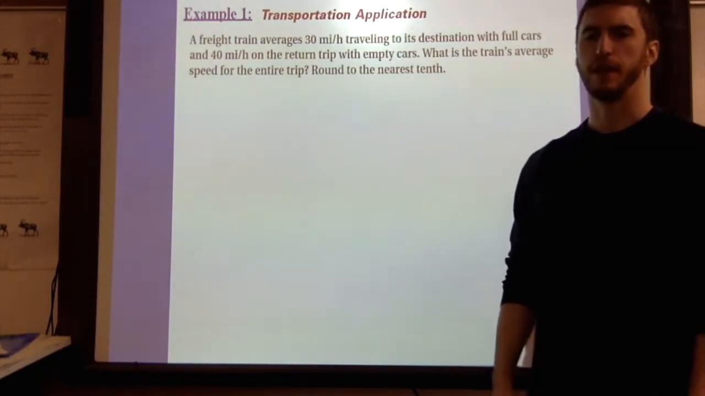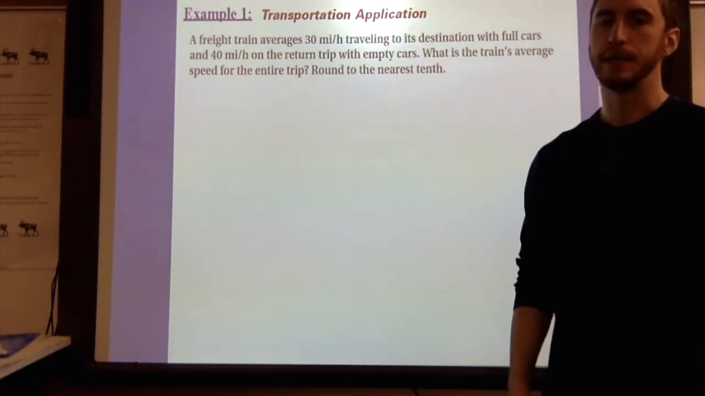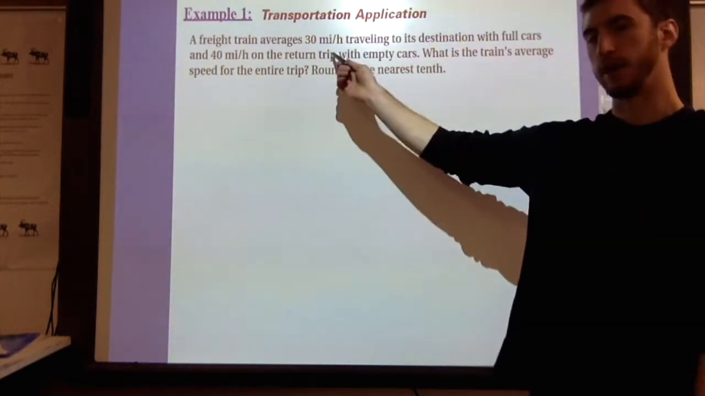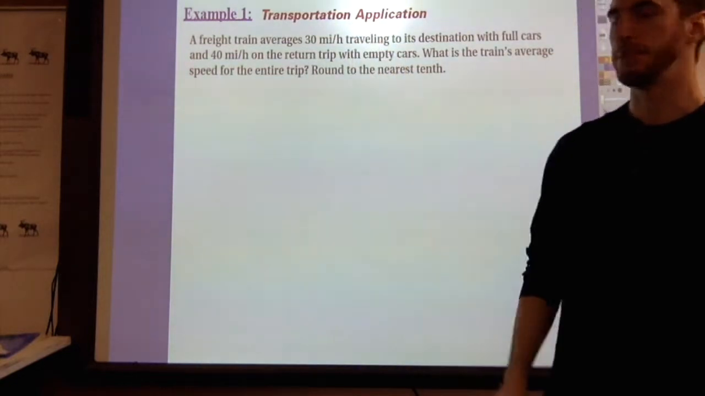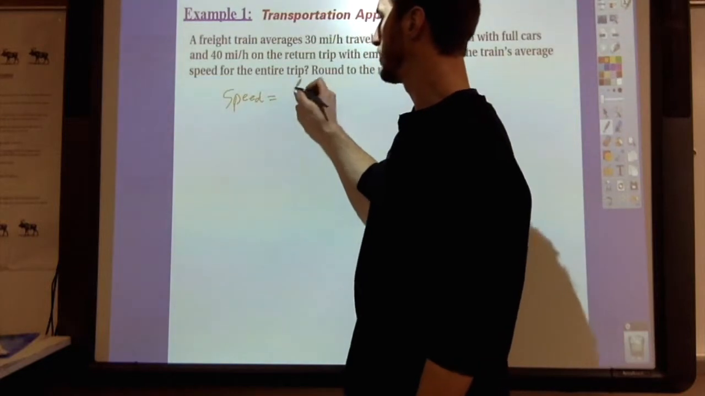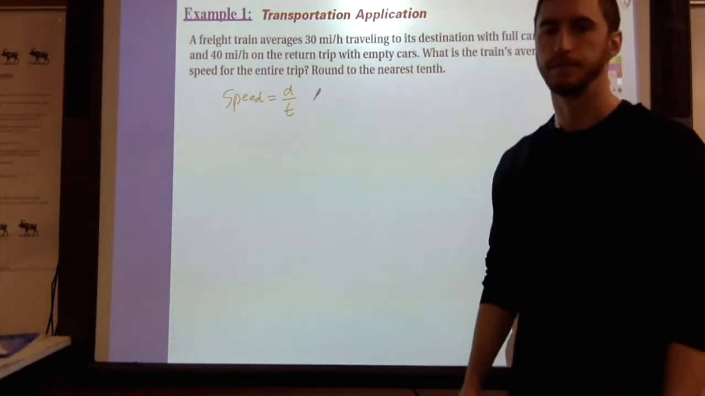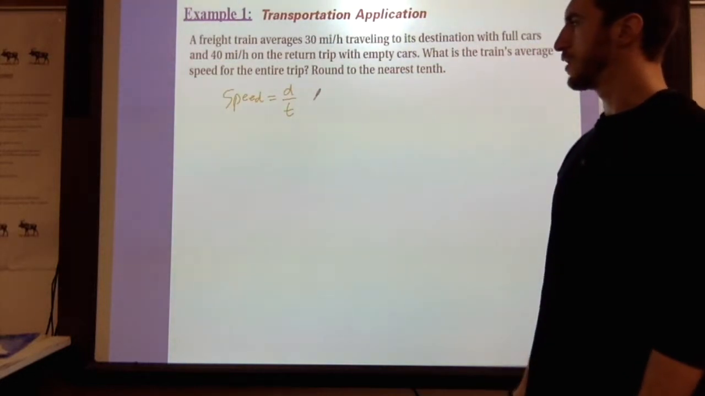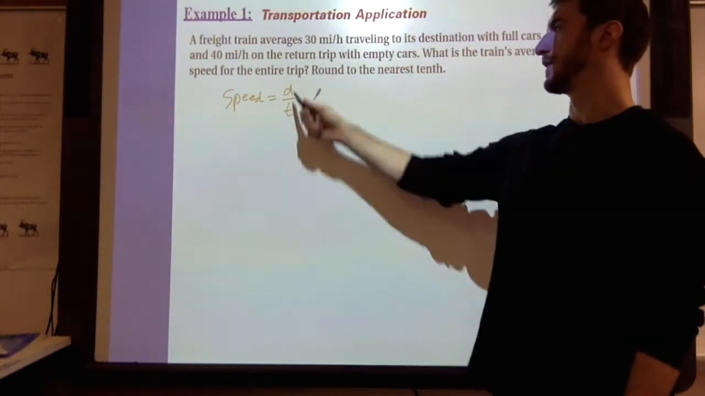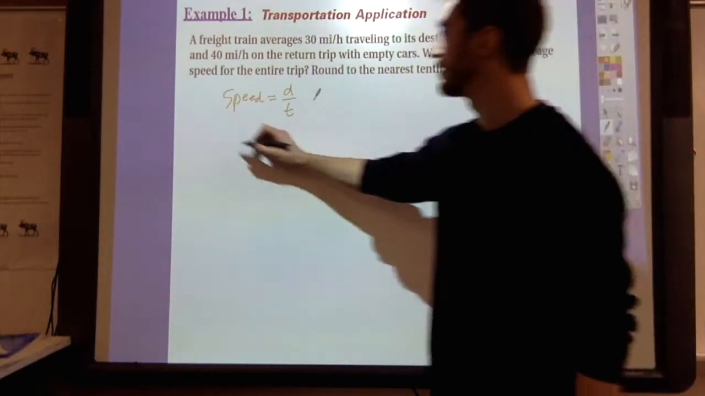So it wants to figure out the average speed. Speed, if you think about miles per hour or meters per second, is always measured in distance over time, right? So we're going to have to come up with a formula that is distance over time. So my total distance,